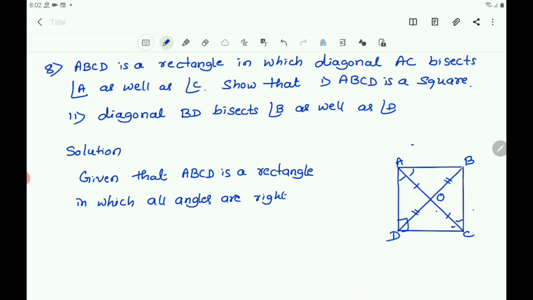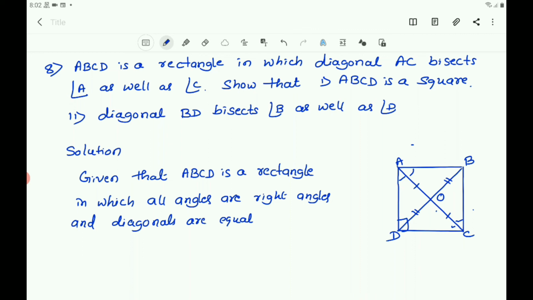All angles are right angles and diagonals are equal. And as it is a parallelogram, it also has all the properties of a parallelogram. Opposite sides are equal, opposite angles are equal, diagonals bisect each other. Now here we have to show that first one,